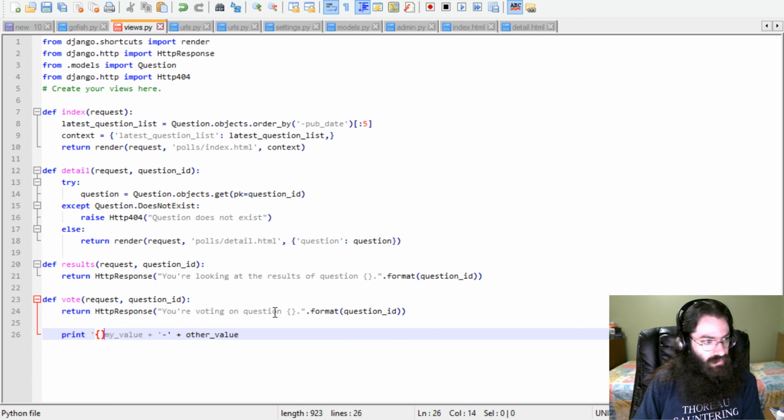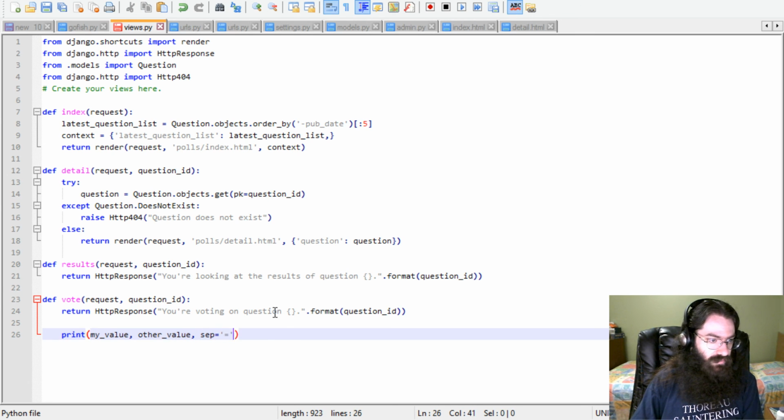You could do this, that, whatever, dot format. You could do that. Or in Python 3, where print is a function, you could do my value, other value,